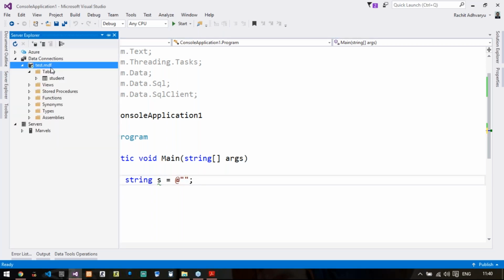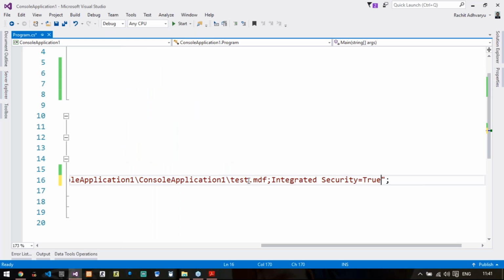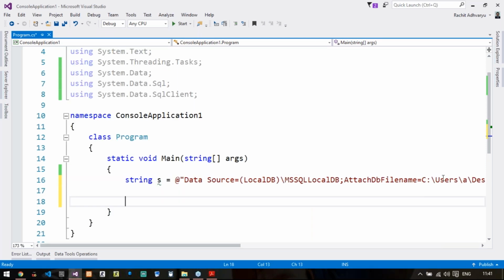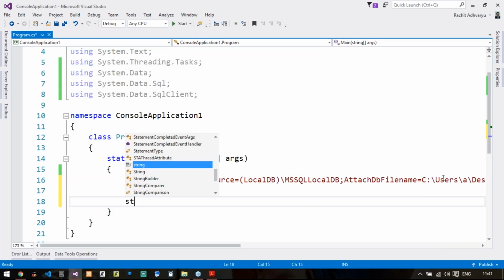The first thing I want to do is fetch the data. So I will write string SEL equals to "select * from student", where student is the table name.